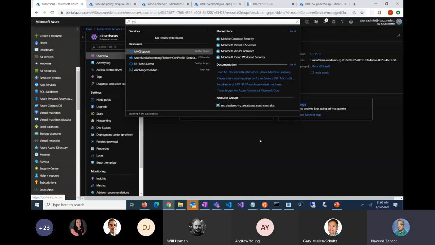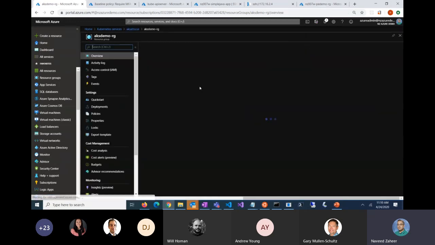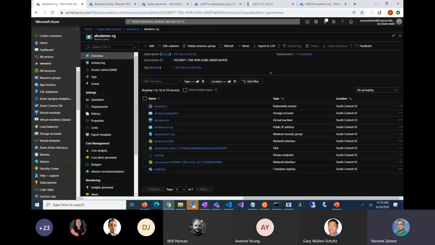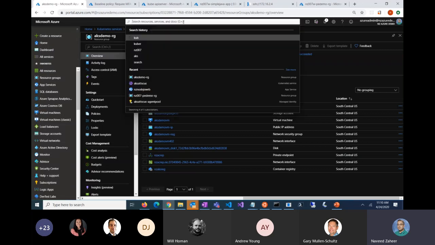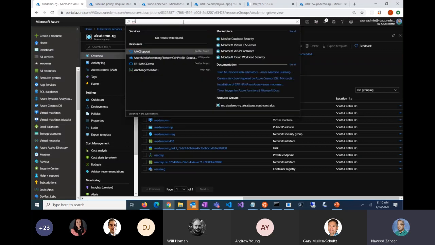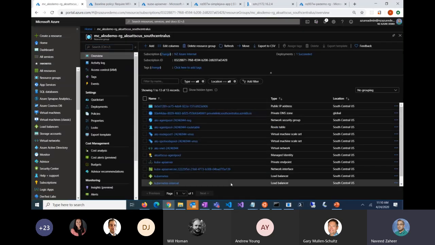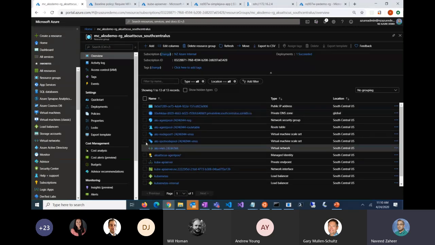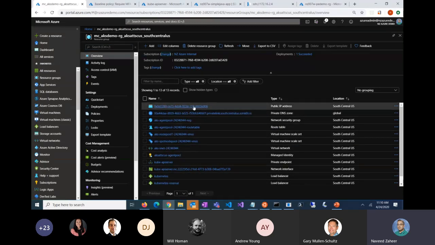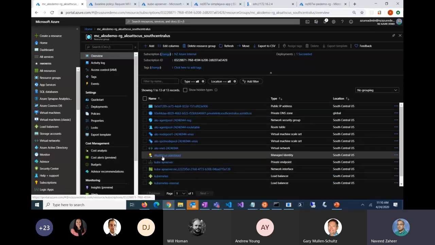Whenever you create a cluster in a resource group, it has the cluster, and then the rest of the stuff is in a different resource group, which starts with MC something underscore. That's sometimes a bit confusing, but that's the way it is. So let's go into that resource group. This is what I call the managed resource group. As you can see, there is the managed identity we were talking about. And this is a user managed identity